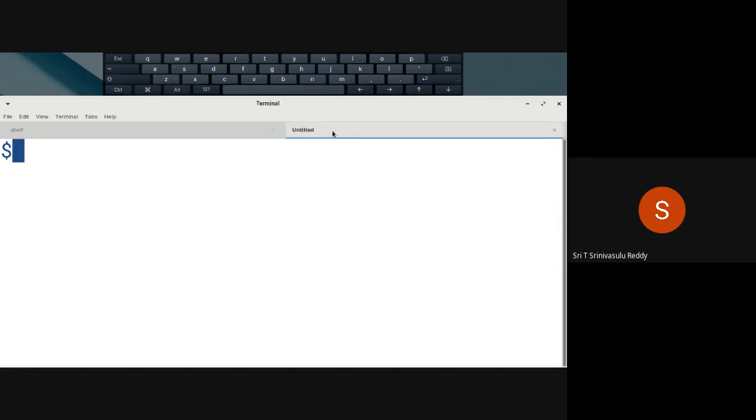And the other one is a script terminal. I will be recording all the commands so that you can get to know what it is.